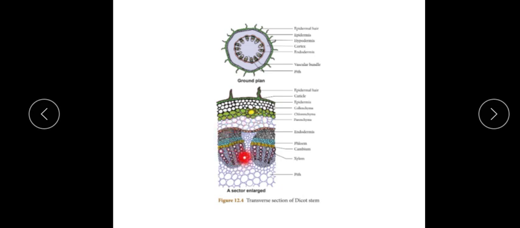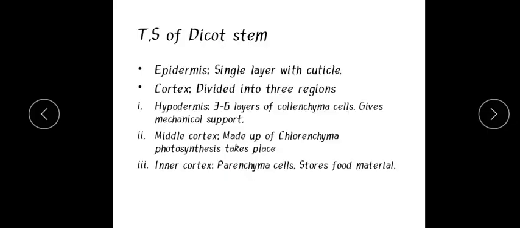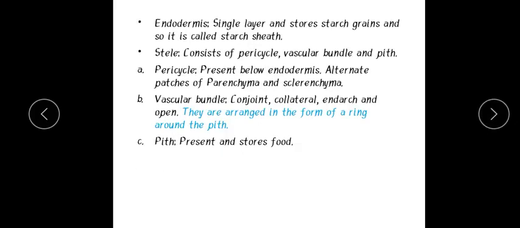I will just take into account just one bundle. Either you can take this bundle or this bundle into account. Let's see what the layer is going to be. Of course, the outermost layer is the endodermis. Here, endodermis is again the innermost layer of the cortex. It consists of a single layer of cells which stores starch. Now, this layer is given the term starch sheath. Here you can see I have given for you starch sheath. Have a look at this one.